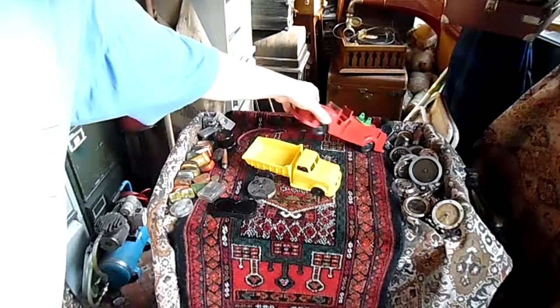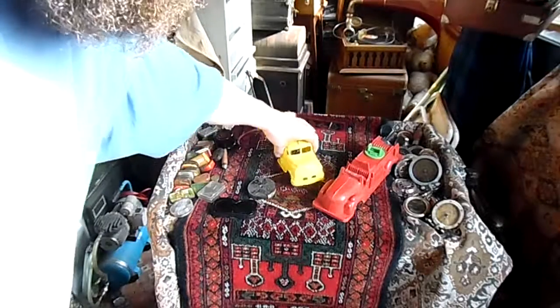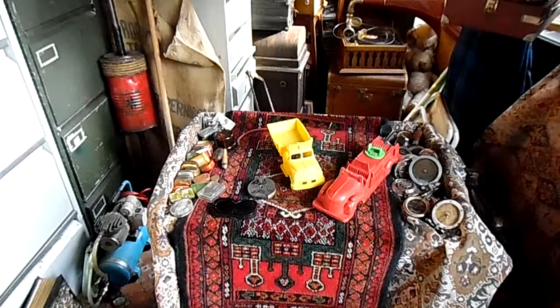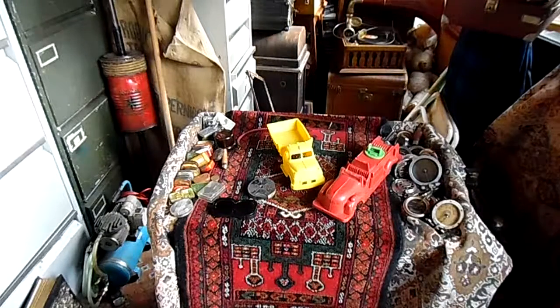When these two were made is a bit of a question mark. Some say 1950s to 60s. Others say the 1940s and 50s, and I kind of agree with the latter, because these cars really look